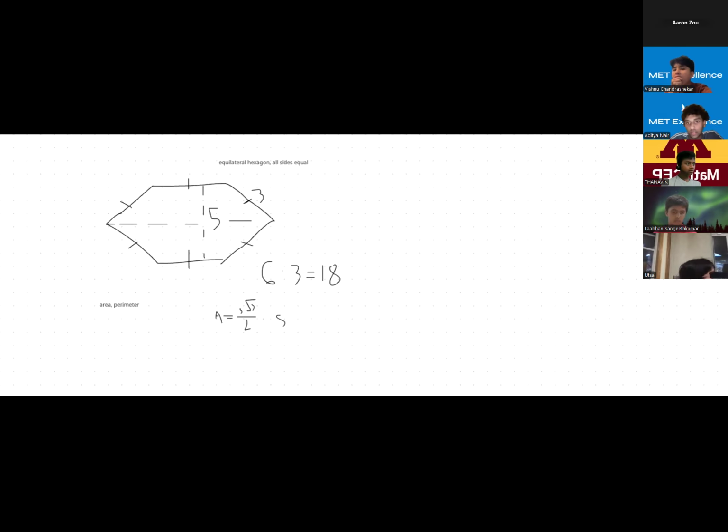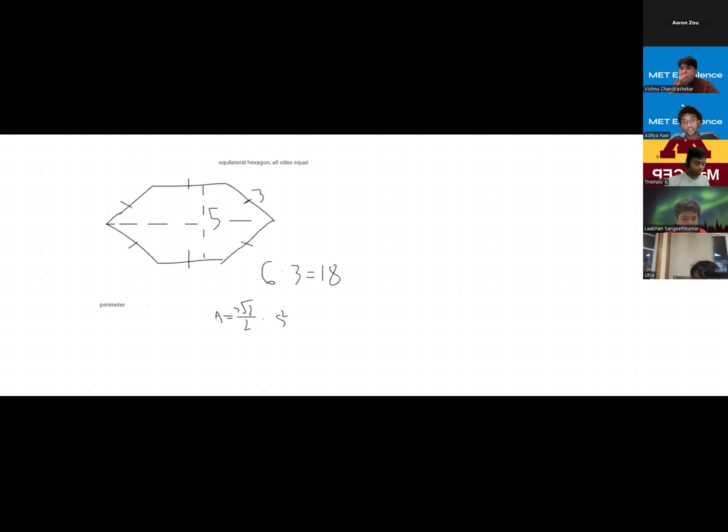So this never comes up, and I don't think you should worry too much about the area of this, but just for your reference, I'm going to put it up here. It's going to be 3 times the square root of 3 over 2 times side length squared. So forget about the area. I don't need you to calculate that because they're not going to, unless they tell you what this base is, in which case it would just be 2 trapezoids. I'll tell you how to do 2 trapezoids in just a minute.